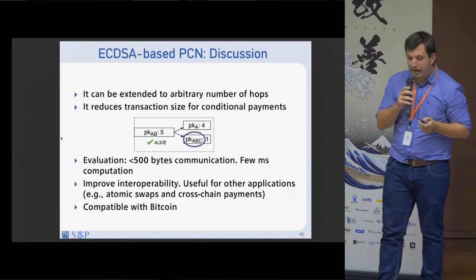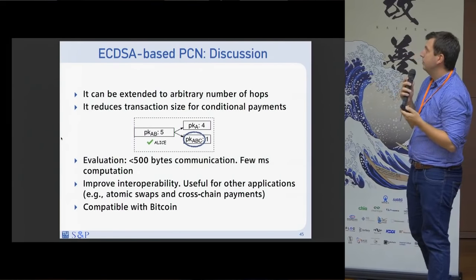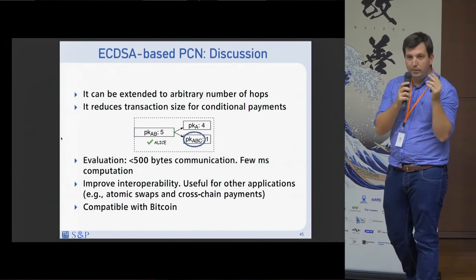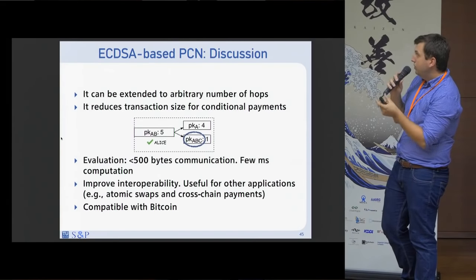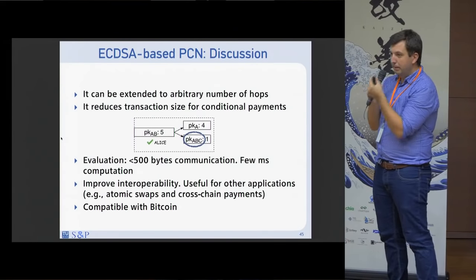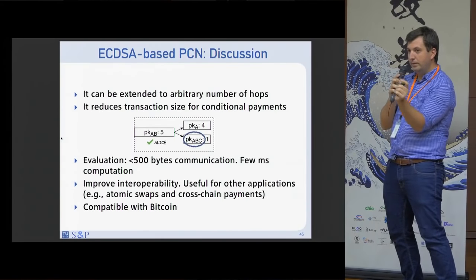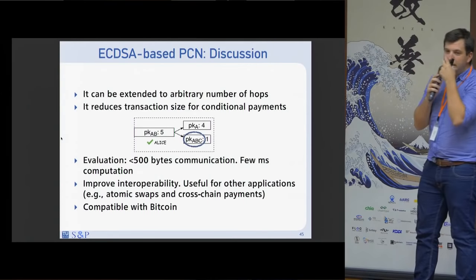And this has advantages not only in security and privacy, but also in practice. As you can imagine, we can extend this to multiple users. And it also reduces transactions for conditional payments. So now we can encode in a single public key not only the two keys of the participants, but also the condition itself. We have done a little prototype,